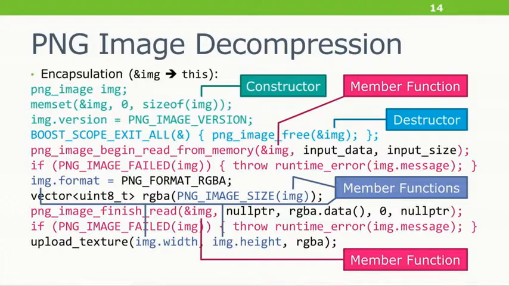And the things that are highlighted in purple and pink, these are member functions. You can even see the this pointer there, except it's a C API. It doesn't have this. So it has to pass around address image all the time. We have C++. We can do better. We can do simpler. So if we're going to be doing this a whole bunch of times, compressing, decompressing images, we'd want to write a wrapper class to package this so we can simply construct some handle thing and then say, okay, begin read, and then construct a vector of the right size, and then finish read, and then we're done. We don't need to worry about leaking. We don't need to write all of this boilerplate.